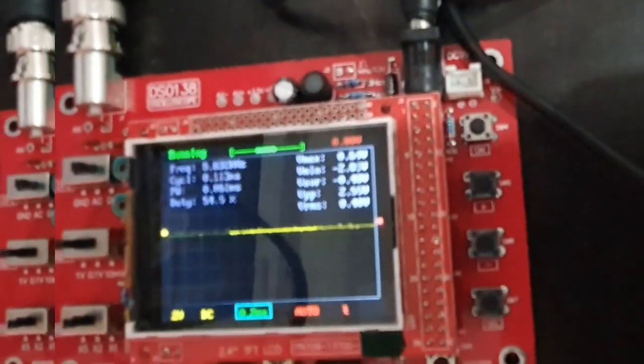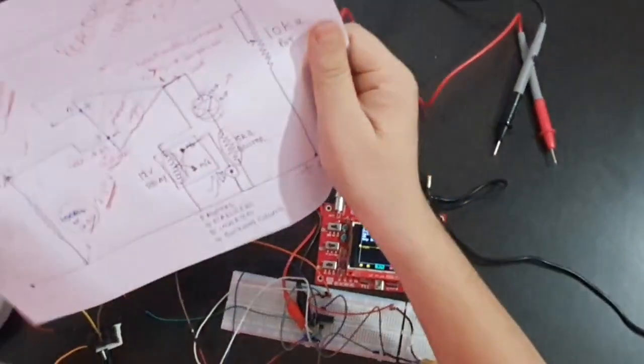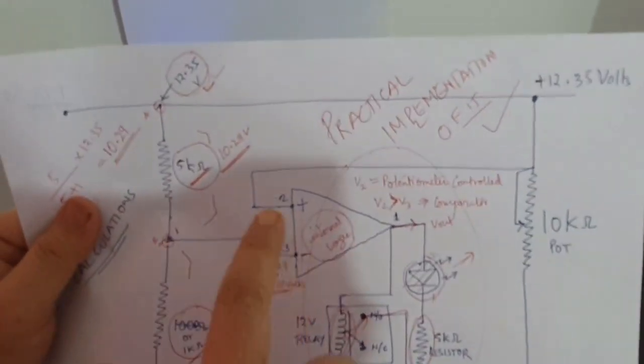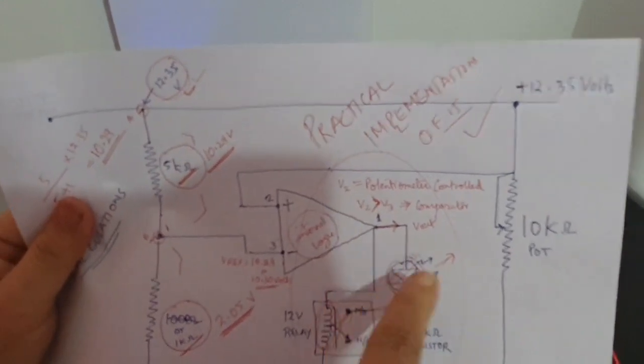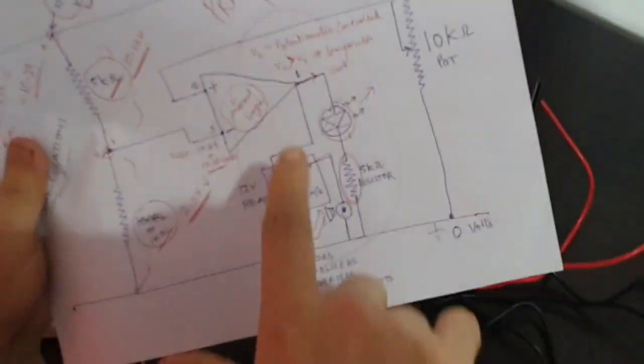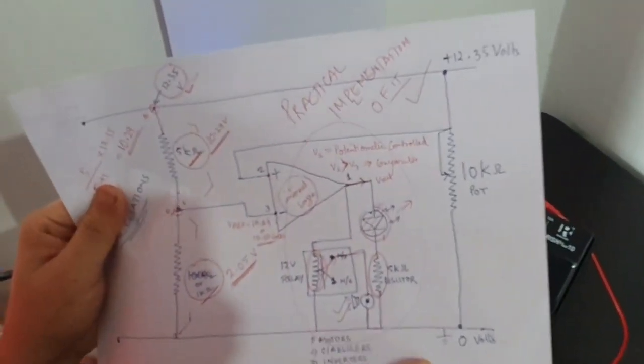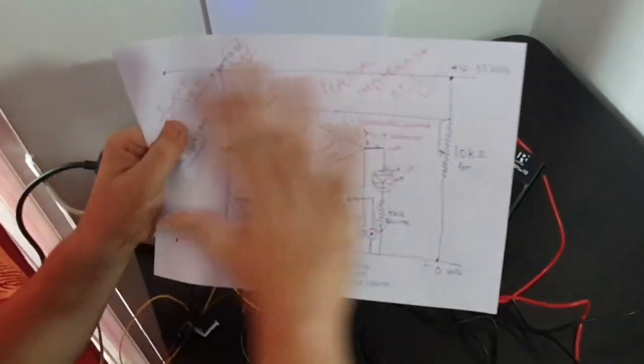Okay. So what I had said is 10.29 was the reference voltage, and if something reaches 10.29, it will act as a comparator and will give an output. It has given an output. The LED has glowed, and there is a buzz in the relay, and the relay has been activated. And this is the circuit which I wanted to explain.